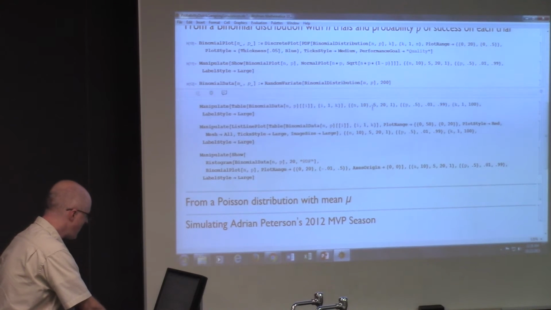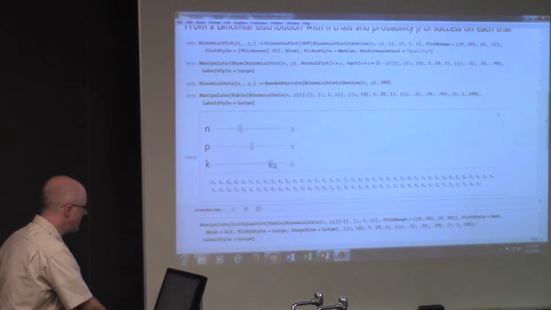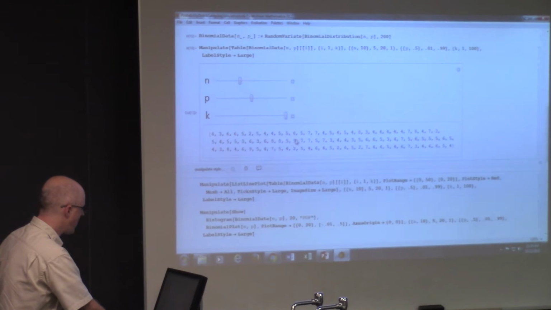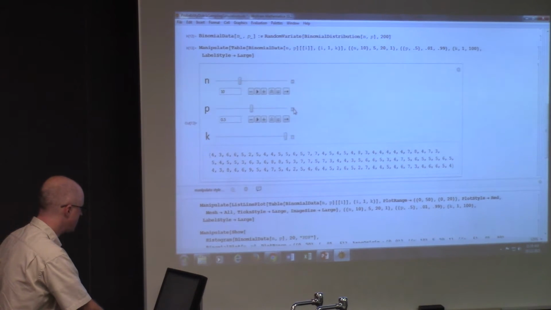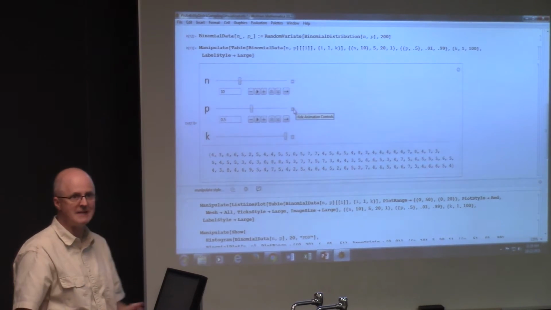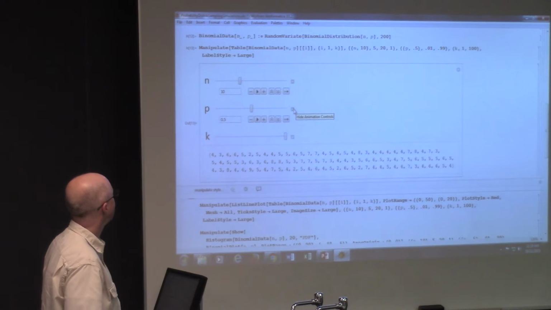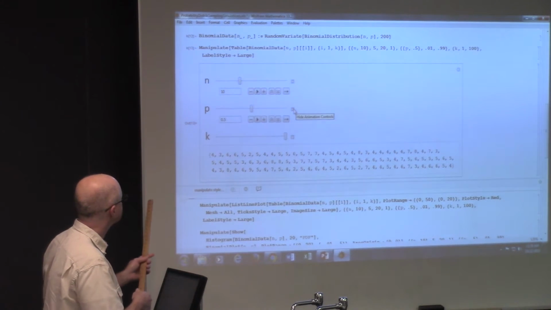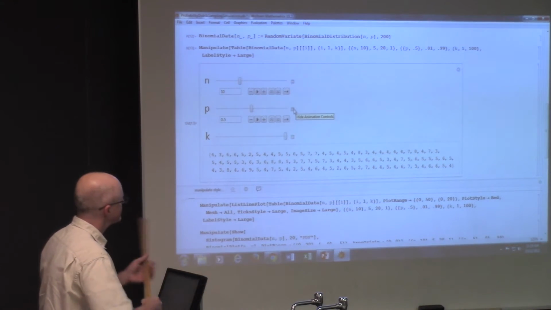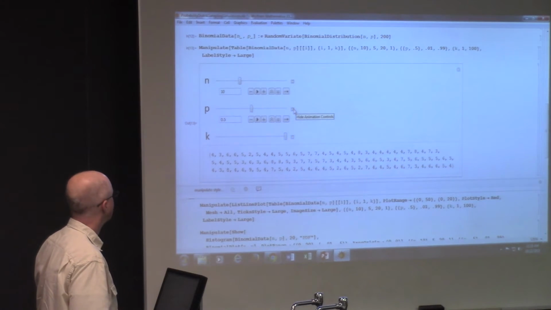Once again, I can model gathering data. Here's data about a binomial random variable with n equals 10 and p equals 0.5. So if you had a baseball player who was a super great hitter, a .500 hitter, and they got up to bat 10 times, this would be a simulation of the number of hits they would get in 10 at-bats.